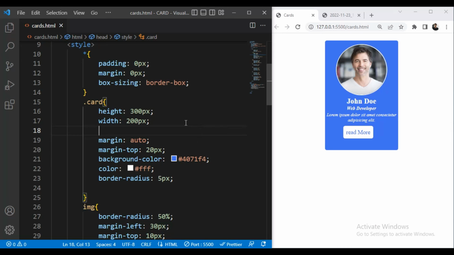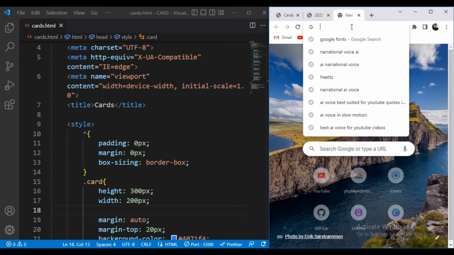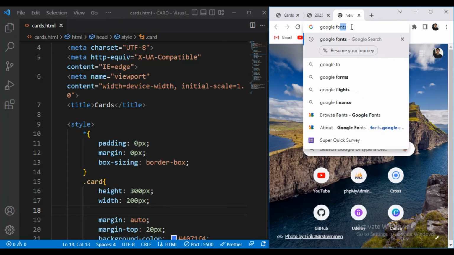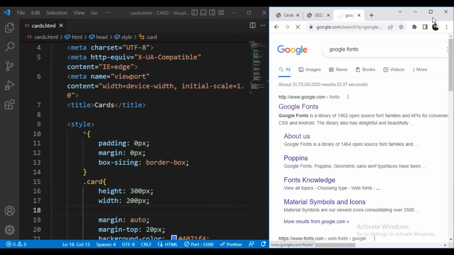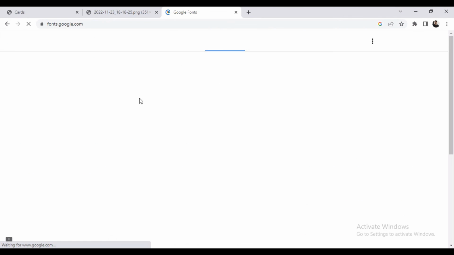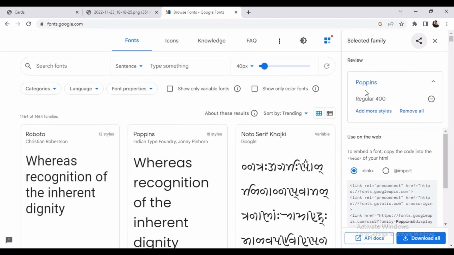Then next we'll add some font family. So we'll go to Google Fonts, and we'll maximize this. So the Poppins regular 400, it is already selected.